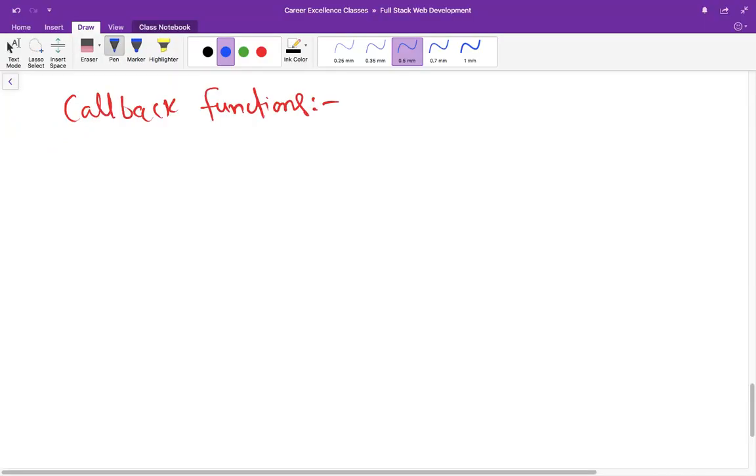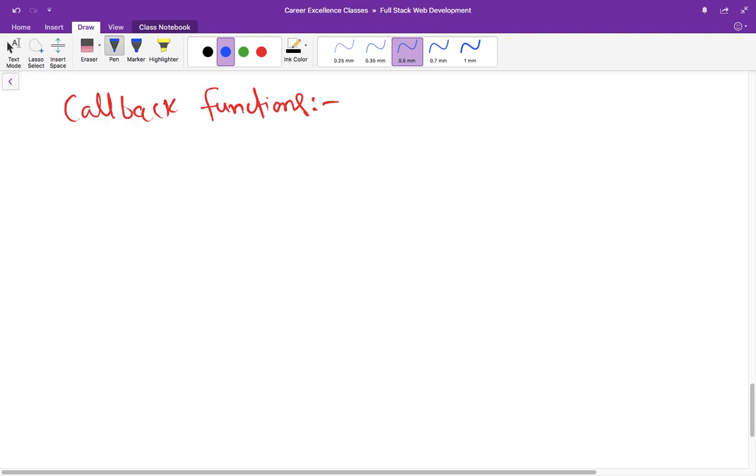Okay, so after a brief discussion on the jQuery methods of HTML and CSS, now let us talk more about callback functions. So JavaScript allows you to pass functions around to be executed at a later time. A callback is a function that is passed as an argument to another function and is executed after its parent function is completed. So callback functions are special because they patiently wait to execute until their parent finishes. Meanwhile, the browser can be executing other functions or doing all sorts of other work.